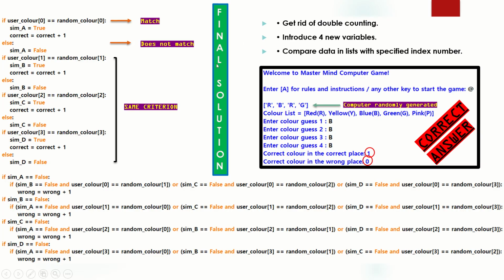My final solution is to introduce 4 new variables. If the first user color matches the first random color, sim A becomes true, otherwise it is false. This criterion applies to the second color for sim B, the third color for sim C, and the fourth color for sim D. For the first user color to be considered wrong place, this color must exist in the random color list other than in the first place. Sim A must be false, and either sim B or sim C or sim D equals